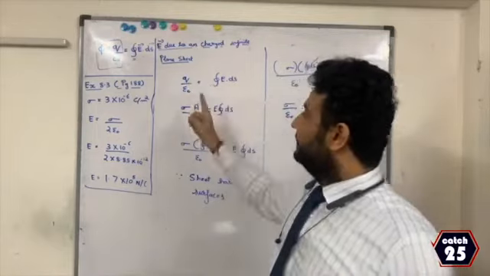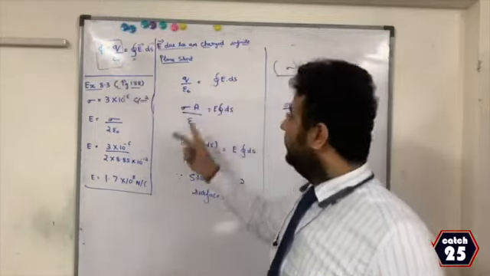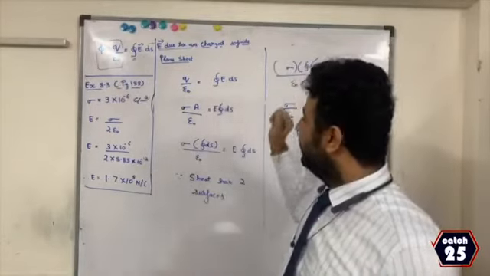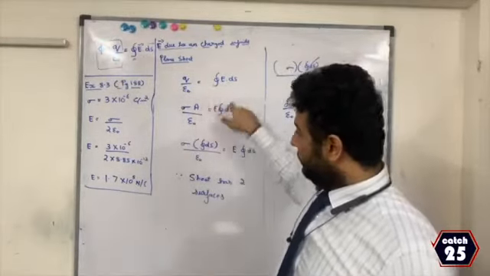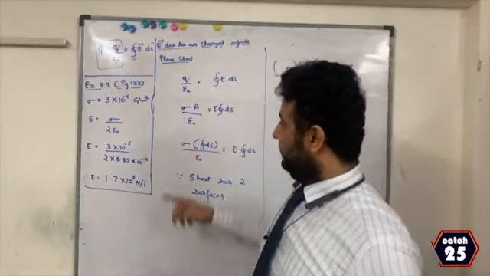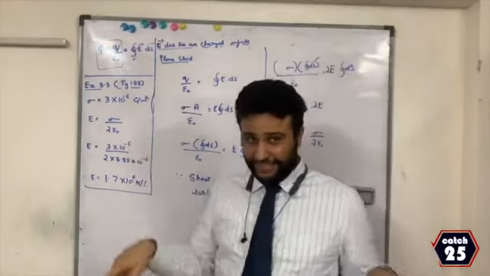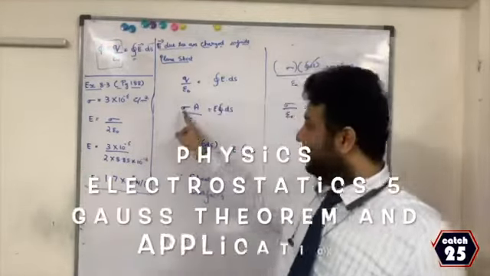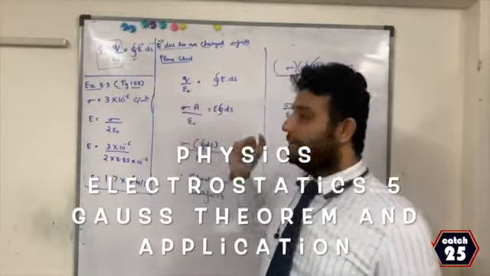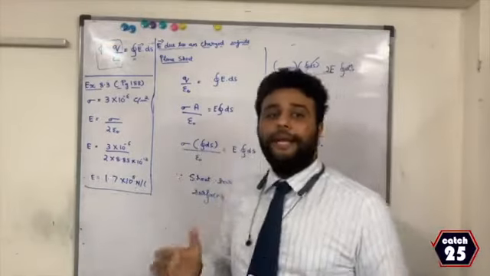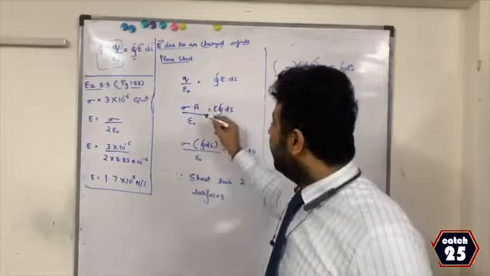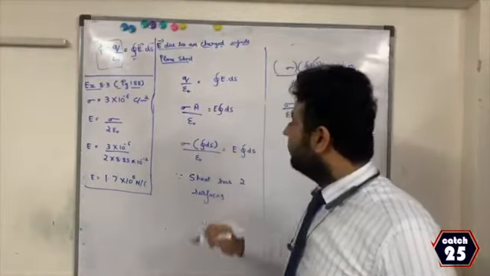This equation we start with. Same thing with Gauss theorem. Remember, all three derivations are started the same way. Q by epsilon naught is equal to integration of E ds. Now if you notice this, epsilon naught as it is, E integration ds as it is, instead of Q, since a sheet also has a surface, I take sigma A, because sigma is charge upon area, therefore charge is sigma into area. Now what is area? Area is nothing but the integration of all small area. Therefore area can be written as integration of all small area ds.